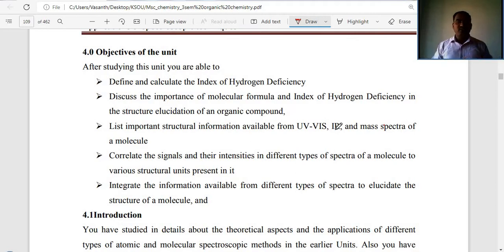In this module, we are going to discuss some applications of UV visible spectroscopy, IR spectroscopy and mass spectroscopy. The objectives of the unit are